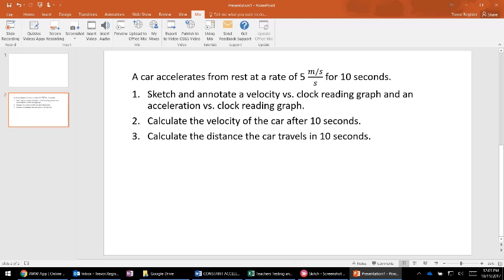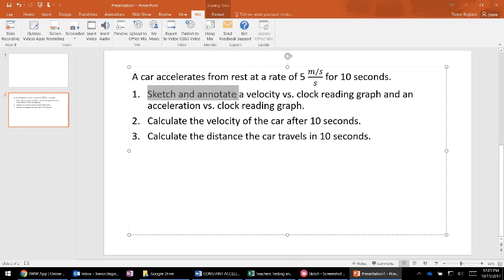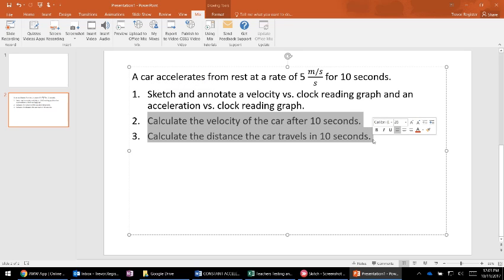And so the big thing we're going to focus on right here is what I mean by sketch and annotate a velocity graph and an acceleration graph. And then I'm going to show you how to use those graphs to make these two calculations here. Okay. Now it's important to remember that we take this one step at a time. So right now you don't know how to make these calculations. That's okay. The point here is to